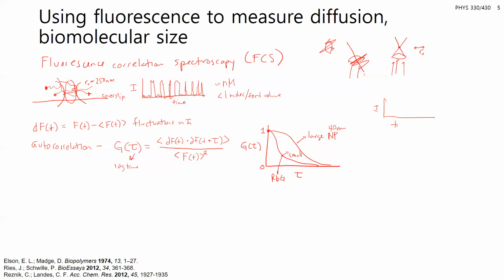And you can think about this, if we're measuring intensity versus time, something large will diffuse slower. It's going to be in the focal volume longer. So if this is just one particle and you perform that autocorrelation and shift it over, it's going to be more self-similar for longer values of tau compared to if you have something small. If you shift it by the same amount, the overlap's going to be 0 there. So based on these autocorrelation curves,